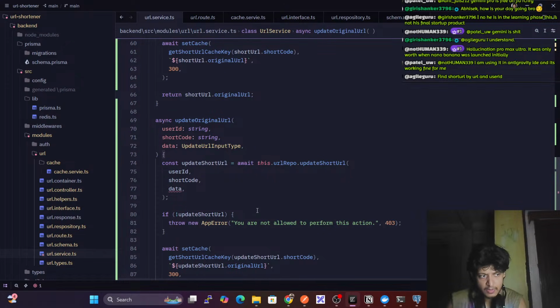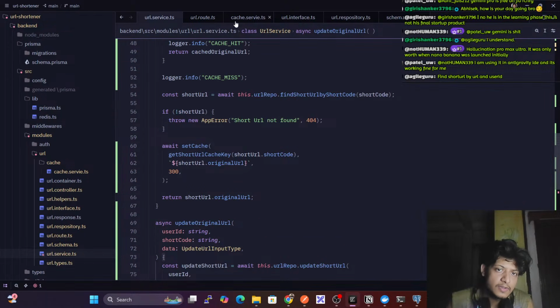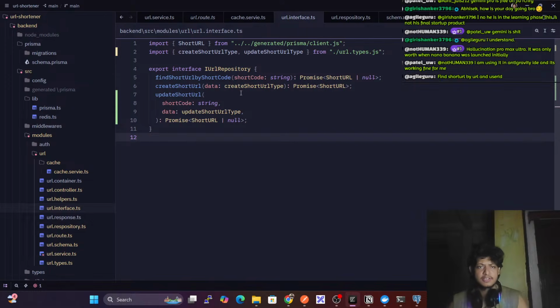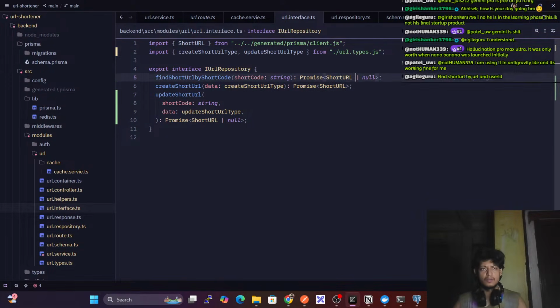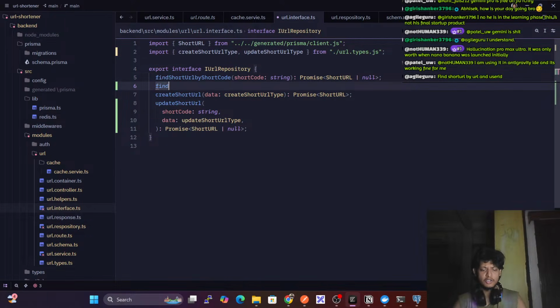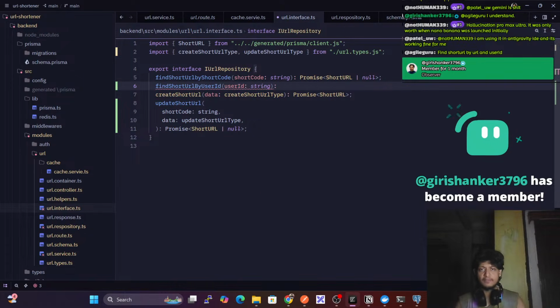Okay, got it. So what we can do is, in the URL interface, create here find short URL by user ID. Here we are passing user ID, which is of type string, and it will return